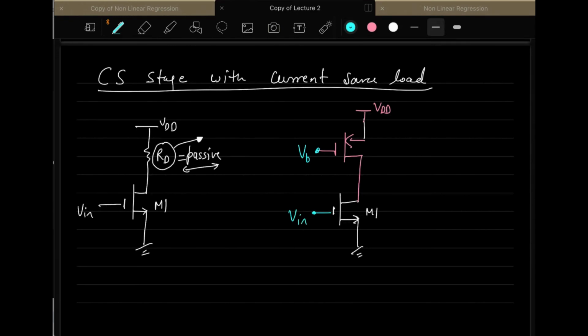So can anyone tell me how these people are replacing this by this? Like what is the theory behind this? Like how can RD be replaced by this MOSFET, and how can you be sure that this value will be anything? It is not sure that it will be equal to RD, but it will give you a resistor. How can you be sure about it? Can anybody tell me why we are doing this? Anyone?